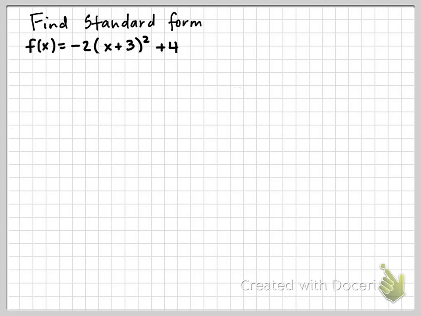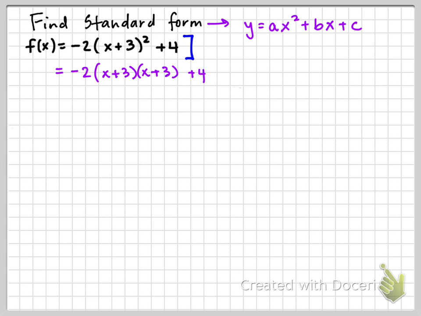So remind yourself, what is a standard form equation? We were given vertex form, that's what's here. The standard form equation is y is equal to ax squared plus bx plus c. So what we want to do is expand that (x plus 3) squared. So I'm going to start with saying -2 times (x plus 3) times (x plus 3), and then plus 4. If you know what this (x plus 3) times (x plus 3) is, it is a perfect square trinomial, so I'm going to expand that to x squared plus 6x plus 9